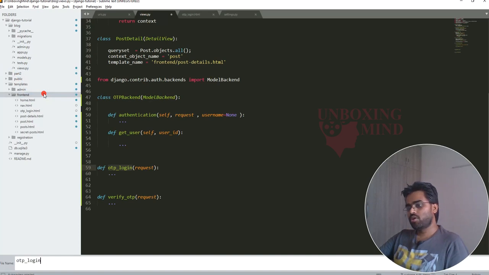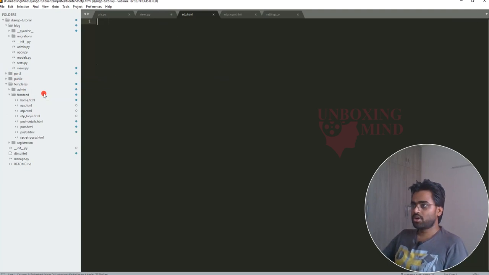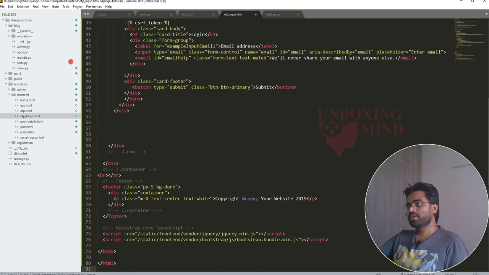I'm going to put the HTML and one more template for entering the OTP. We can do all these things in one page, but for simplicity, I'm going to create multiple pages. So we have created two pages, and I'm going to put some HTML code that I already have.